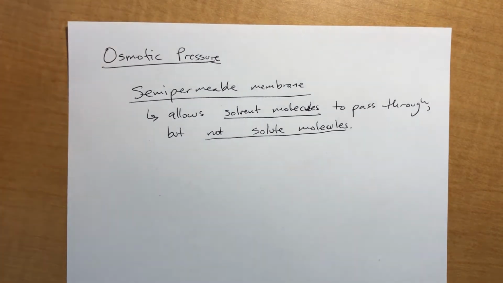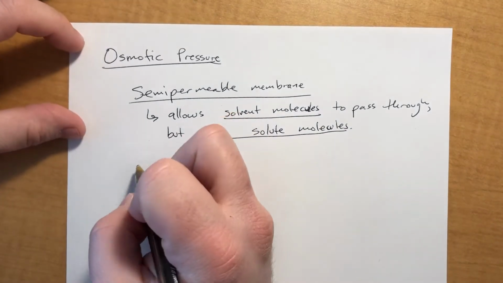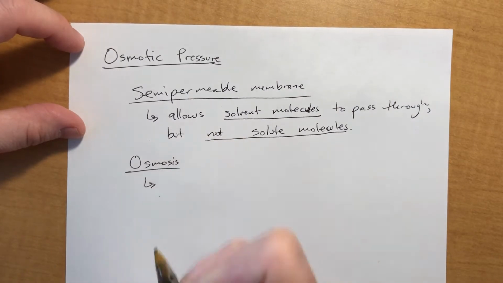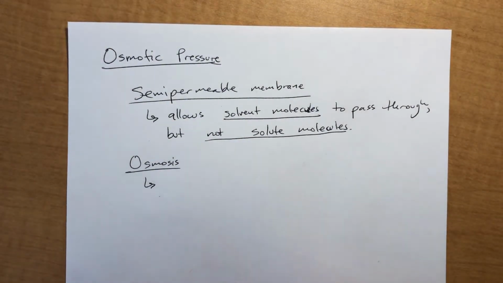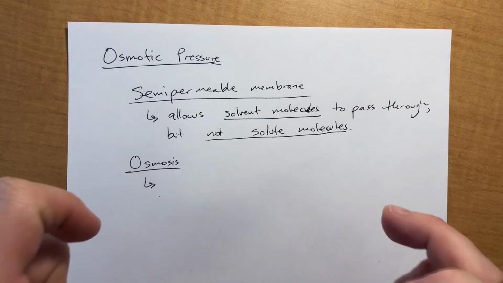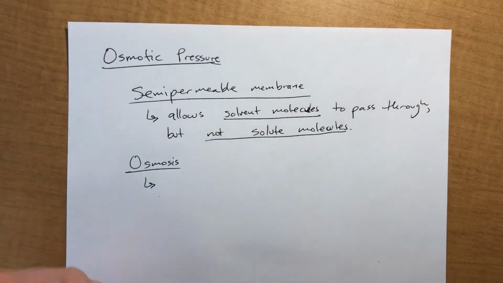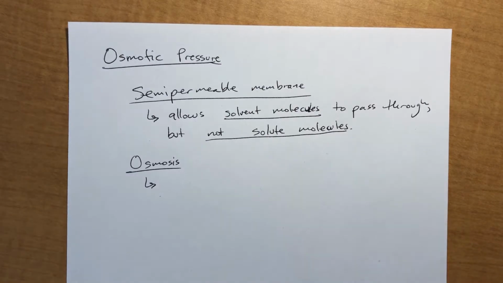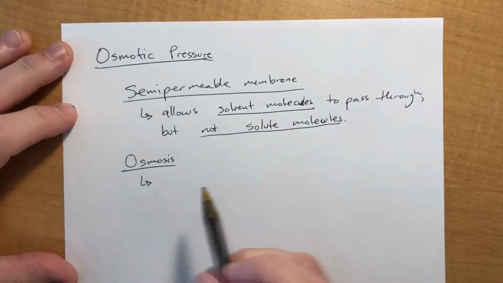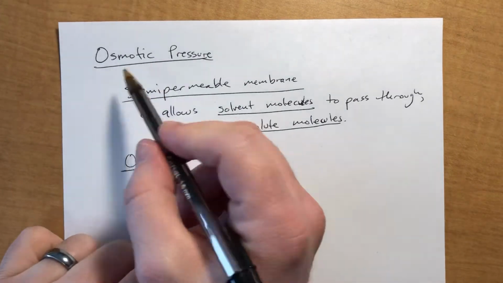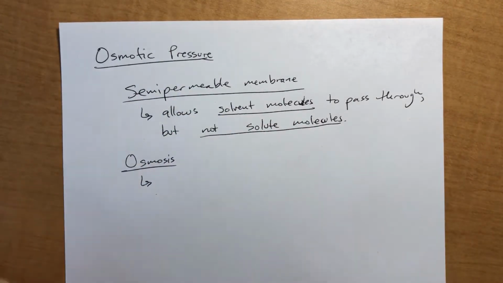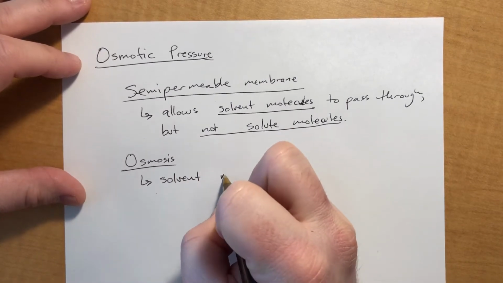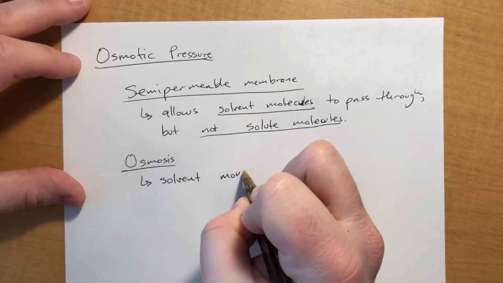We also need to define what osmosis is. Osmosis is the idea that if there is a semi-permeable membrane separating two things that are different concentrations, the solvent will be allowed to move until the concentrations are the same. That's the entire concept here. And it creates, because there might be concentration differences, it creates a pressure by pushing the water one way or the other. Okay. So the solvent, osmosis is the solvent moving